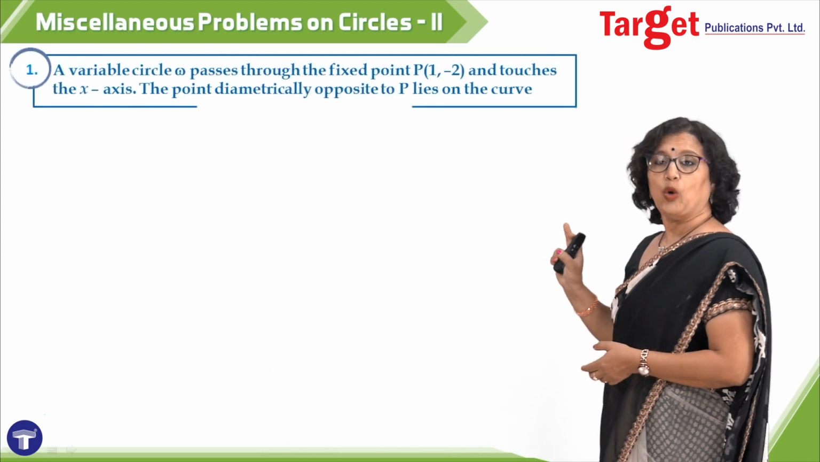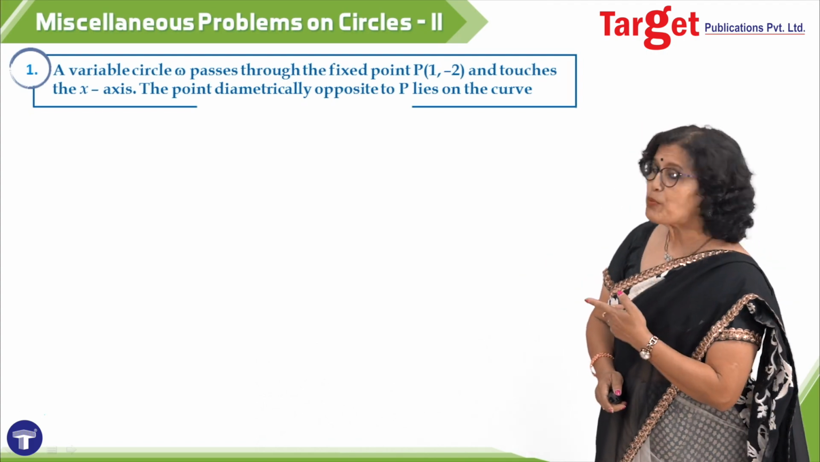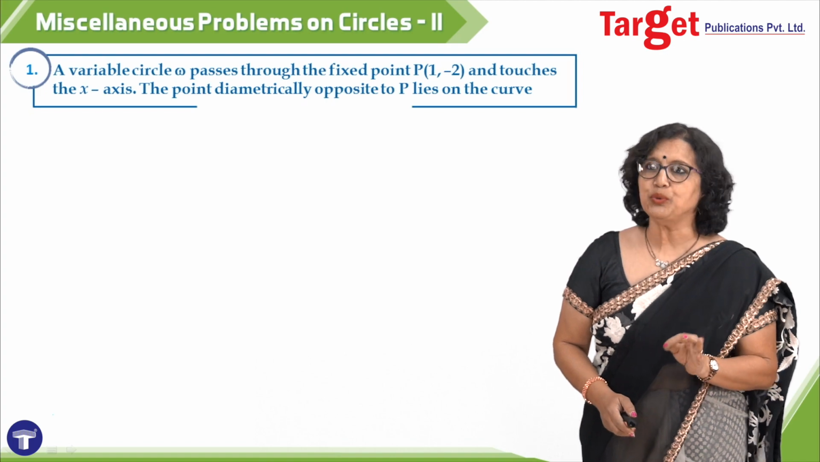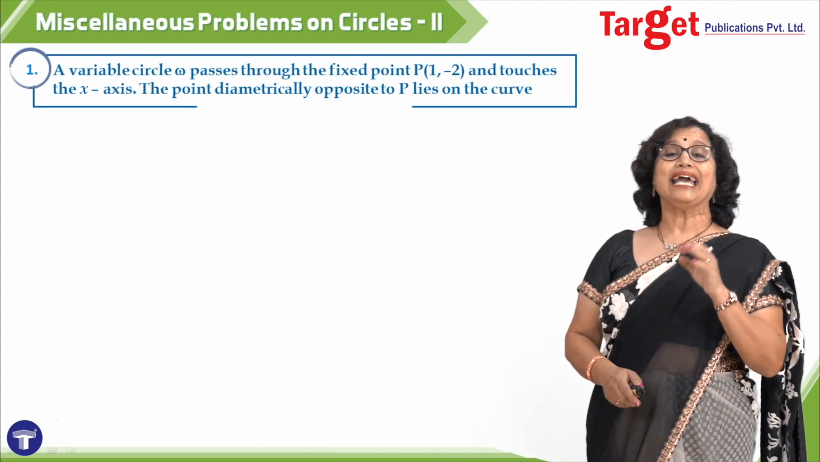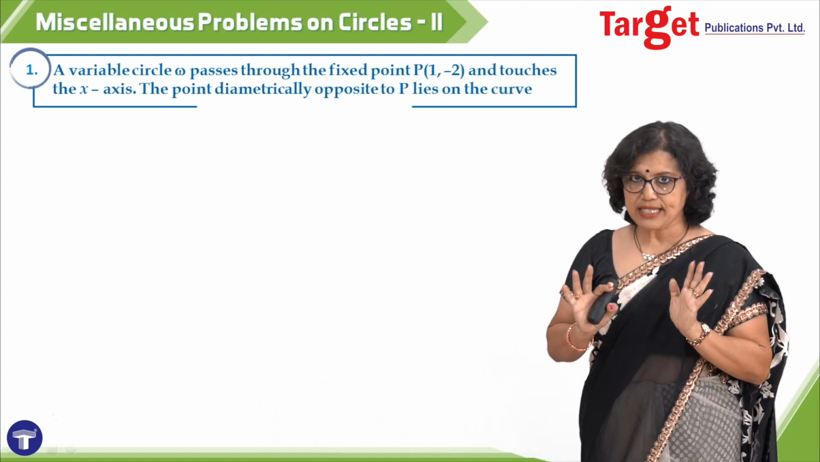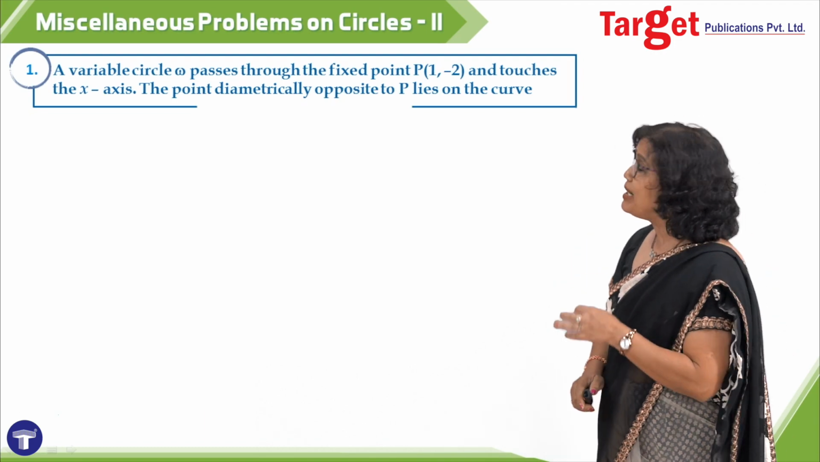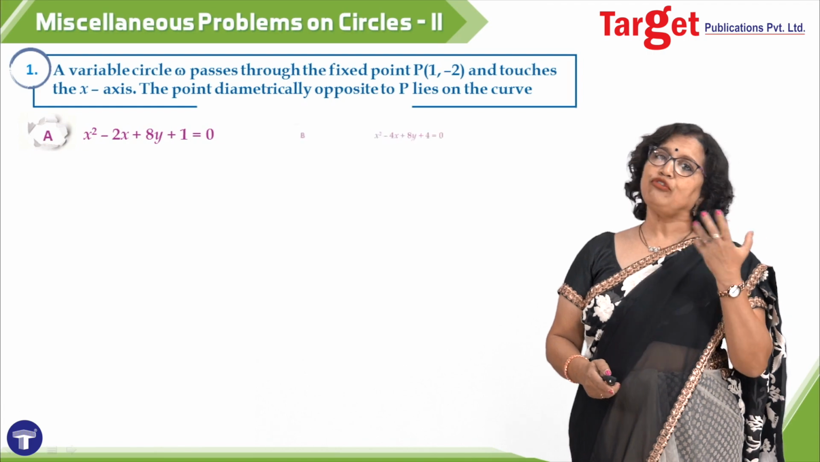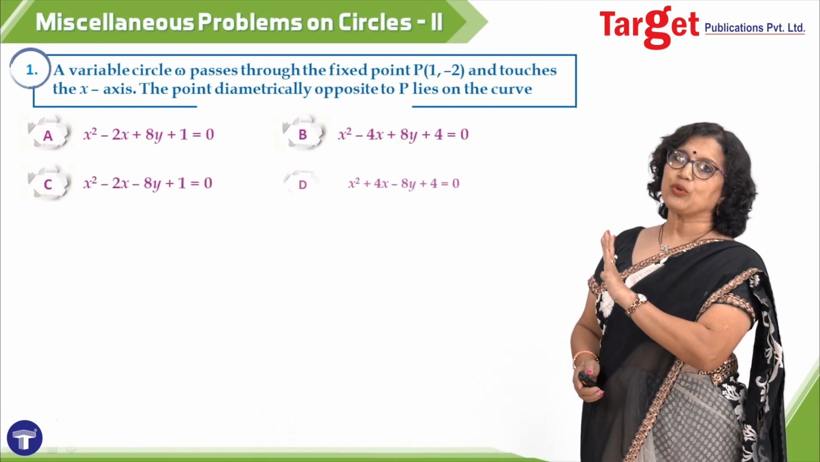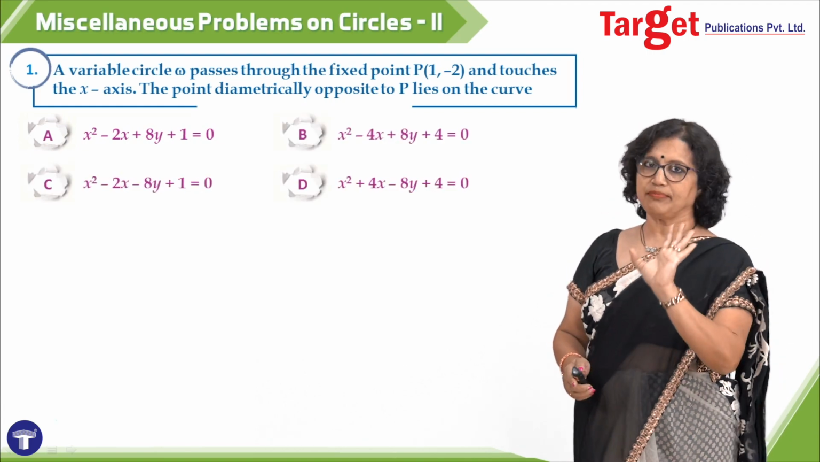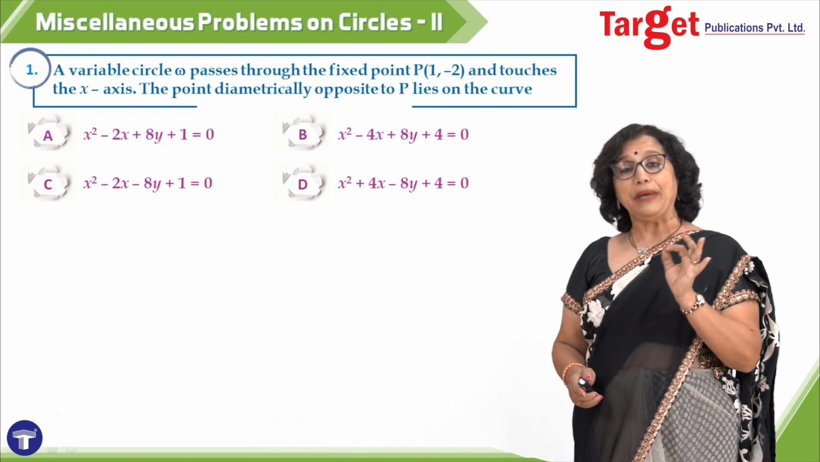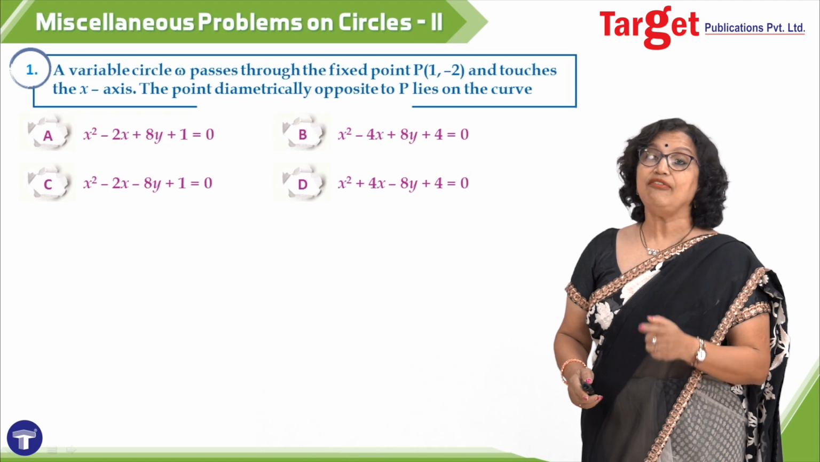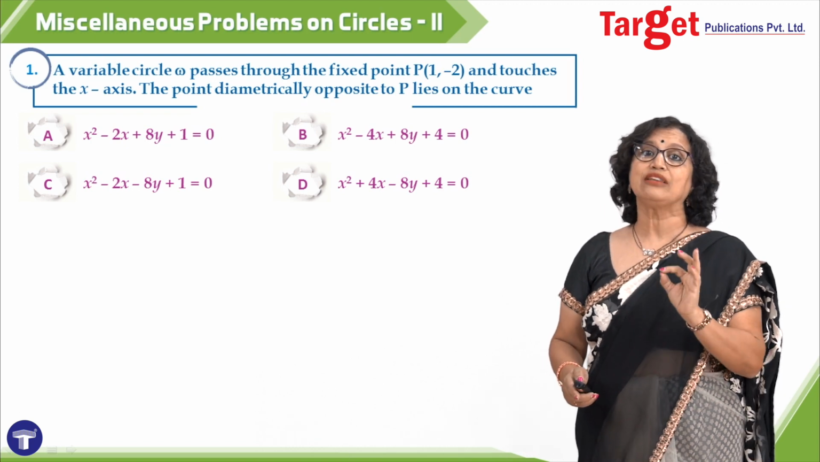A variable circle omega passes through the fixed point P already named 1, -2 and touches the x-axis. This is the description of the circle omega. The point diametrically opposite to P moves on, and we have four options. When you read this question, what comes to your mind is there is some circle omega. There is a point P on it. We are talking about a point which is diametrically opposite to it